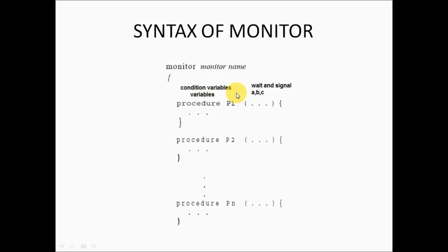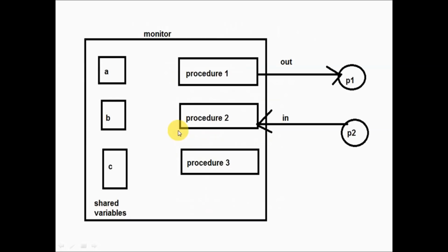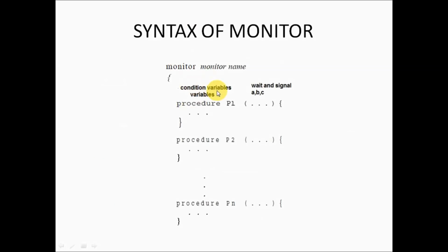Along with that, it is using the condition variables. Condition variables mean wait and signal operation. So you know that in a semaphore, wait is used to decrement the value, signal is used to increment the value. By using these condition variables, a monitor can interact with the procedures. Procedures are nothing but functions. You can see procedure P1, procedure P2 up to procedure Pn, so you can have n number of procedures. Now I will explain how a monitor can interact with the procedures. Directly I explained with a diagram, but now I will explain how a monitor can interact using condition variables, that is wait and signal.